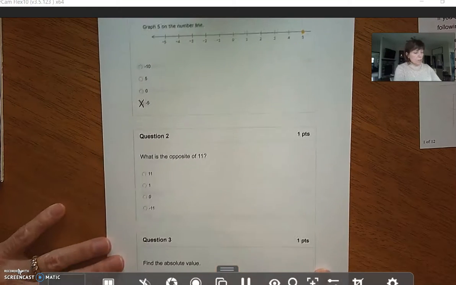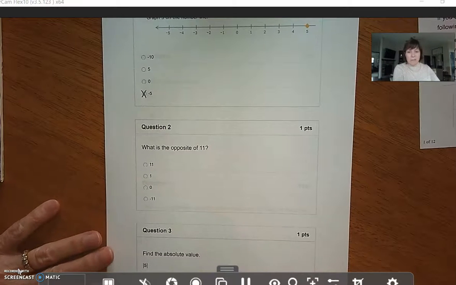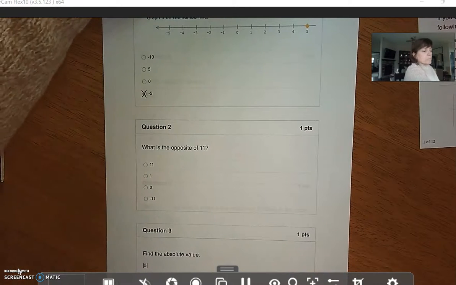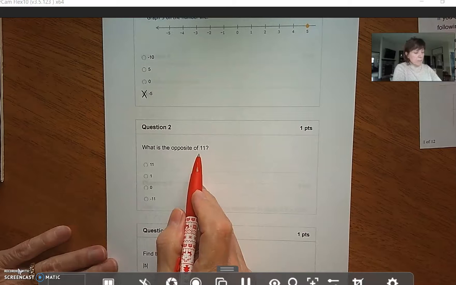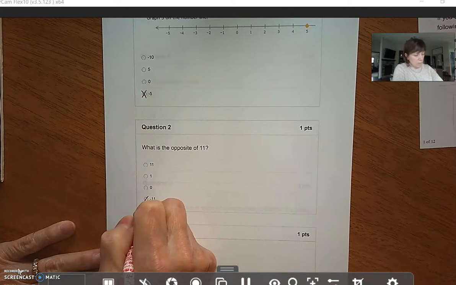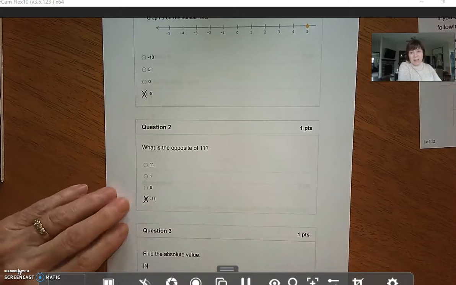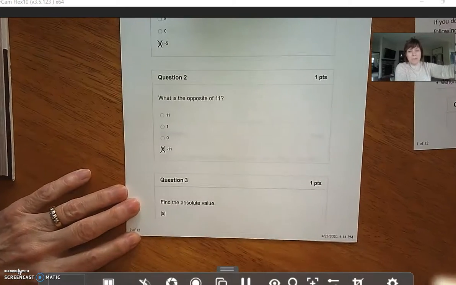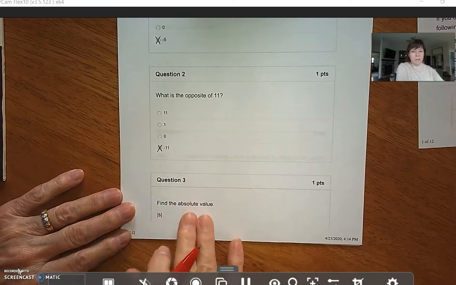5. And looking at question 2, it says, what is the opposite of 11? So same idea. The opposite of 11, since 11 is positive, its opposite would be negative 11. The opposite sign. Now be careful, because when we get down here to absolute value, one of the things that